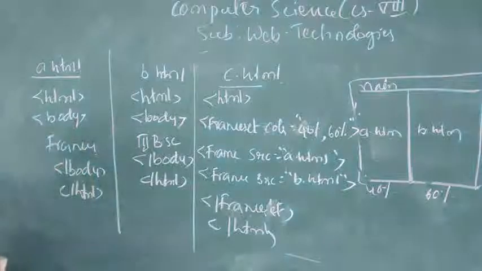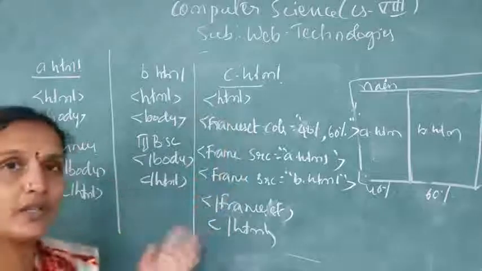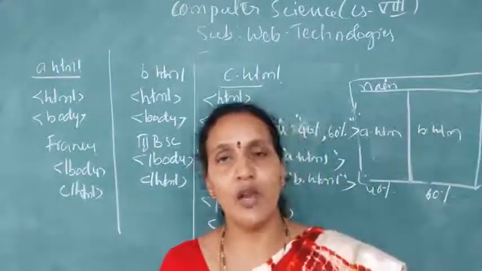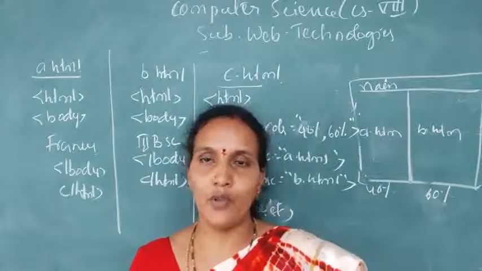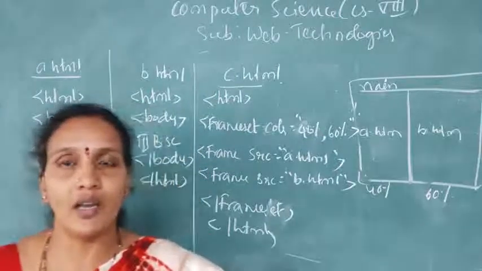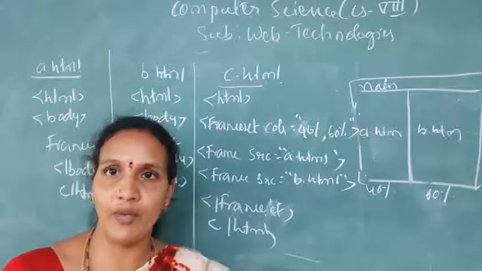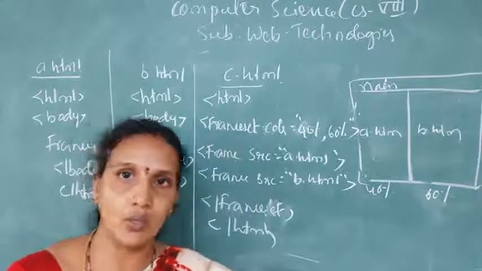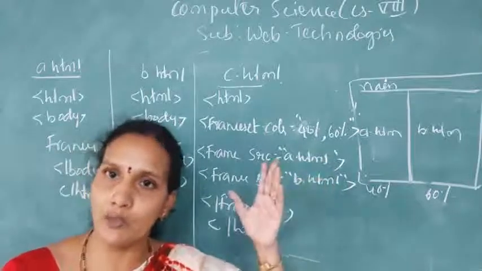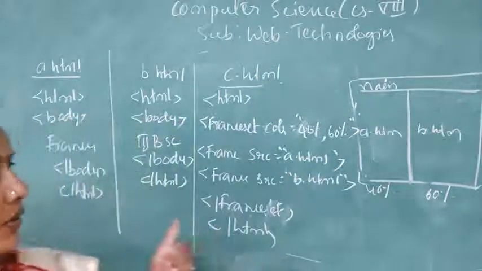Okay. So this is about the rows and columns attributes. When you want to divide the browser window into rows, we use the rows attribute. When you want to divide the browser window into columns, we use the columns attribute. When you are using the rows and columns attributes, it is a condition that you have to give the size of each and every frame. In each frame, you can execute one HTML program. Whatever properties you get for a single browser window, you get all those properties for a single frame also. Okay, this also you take a screenshot.